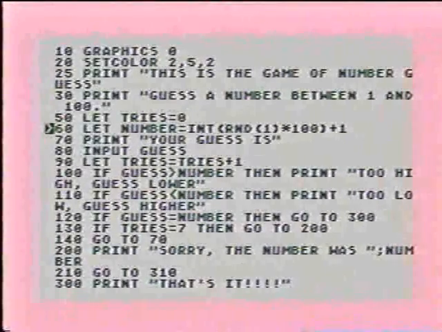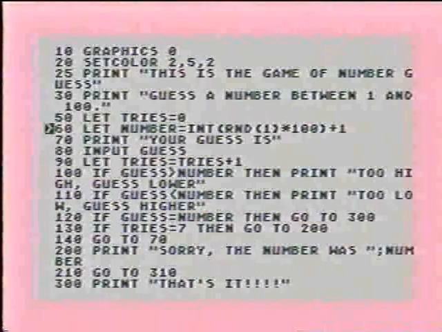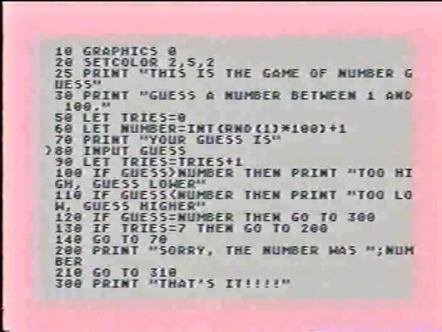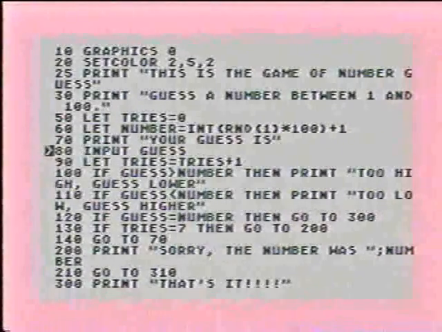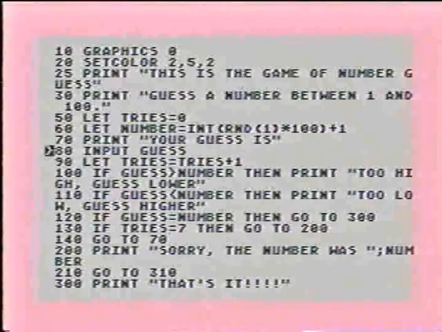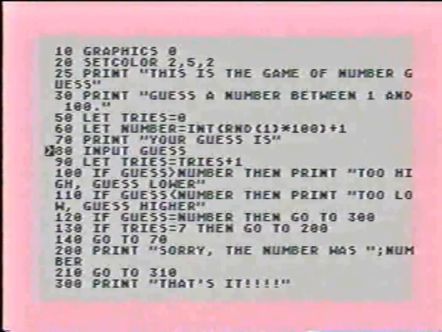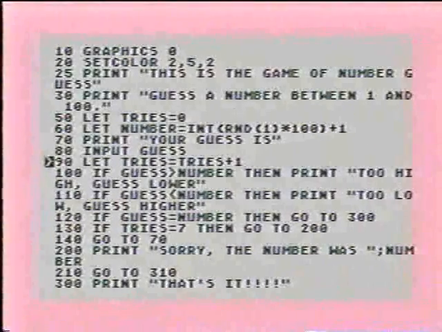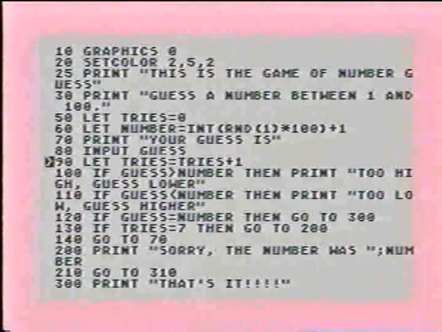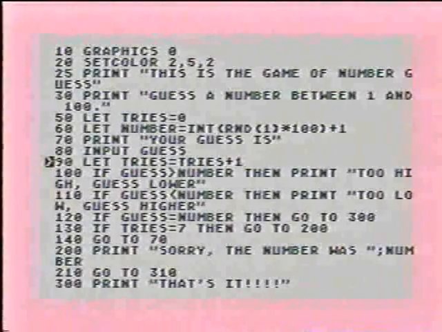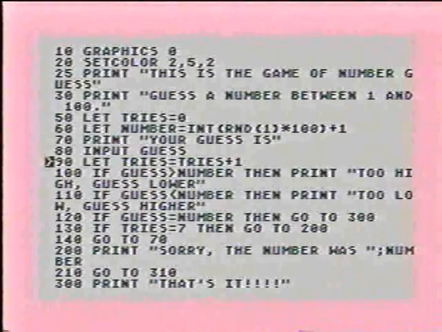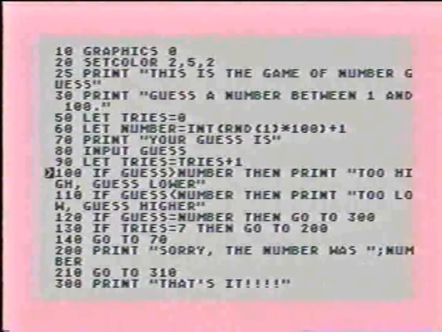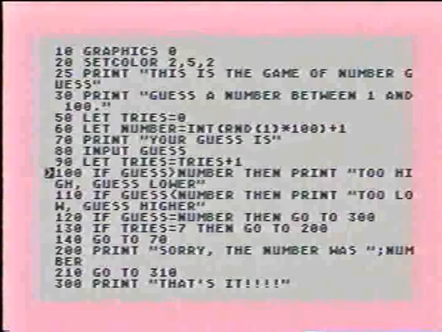Let's say that the number the computer picked was 74. The user does not know this number. In line 80, the player types in his or her guess. Let's say that the player guesses 50. The computer now goes to line 90, which counts the try by adding 1 to the number stored in tries. Tries now equals 1. The computer then goes to line 100, which reads, if guess is greater than number, then